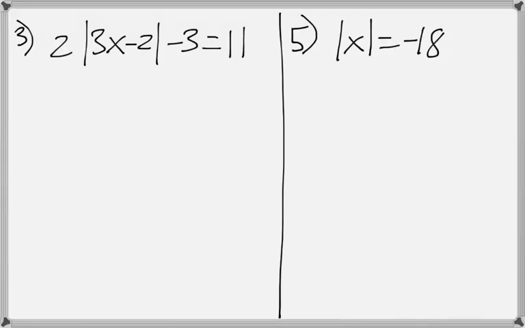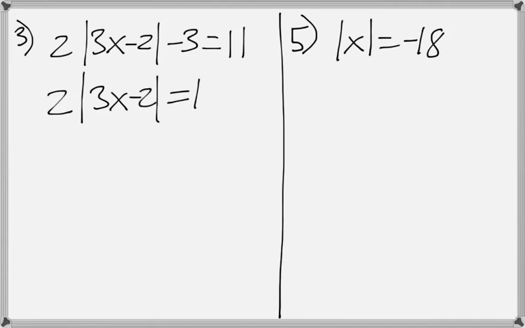It is possible to get some very complicated absolute value equations. So on number 3, we do want to split it up, but before we split it up into two branches, I want to isolate the absolute value. So I want to have the absolute value be the only thing that's on that side before I split it up. So there's a couple things I need to worry about before I do that, and that's the 2 and the negative 3. So if I add 3 to both sides,